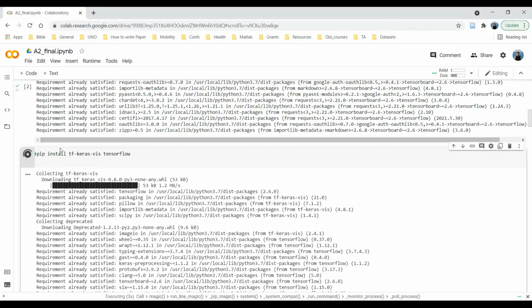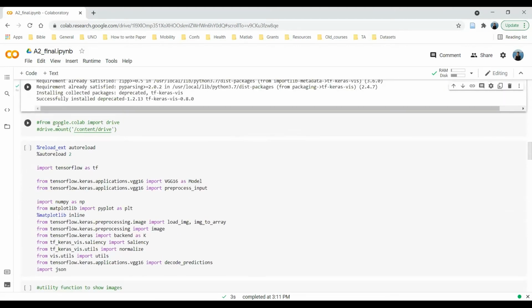Then after installing Keras visualizer and TensorFlow, I have to install TF Keras visualizer, which is my primary module for visualization purposes. So you have to install these three things. And then, since my objective is to take some input images and produce saliency maps and GradCam, I can use Google Drive, where I can directly upload my images, or another method is, let's say you have your input images on your machine, then you can upload those images to Google Colab directly.